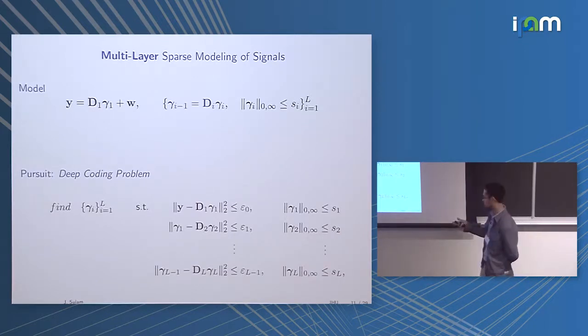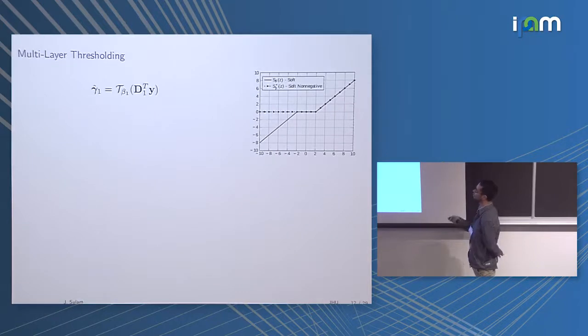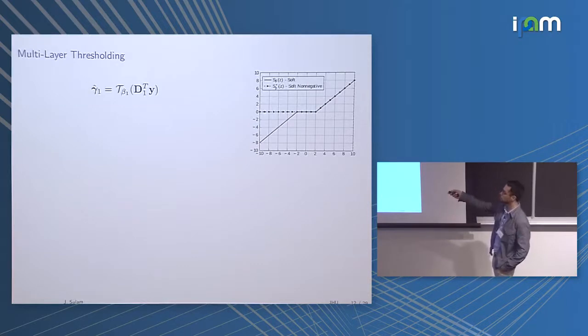So let's take just a minimalistic approach, and let's say, well, let's use that very rough solver, very rough approximation algorithm of the thresholding to estimate gamma 1. So you take y, you multiply by D1 transpose, you apply this thresholding, and you get your estimate. And again, this thresholding function, if you're using the L1 as a surrogate for the L0 infinity, would be a soft threshold. And let's assume also that these coefficients are non-negative, which is perfectly reasonable in a generative model assumption. So the threshold that you would apply would actually be a non-negative threshold, which looks like this. And then under some conditions, this approximation might actually be quite good.